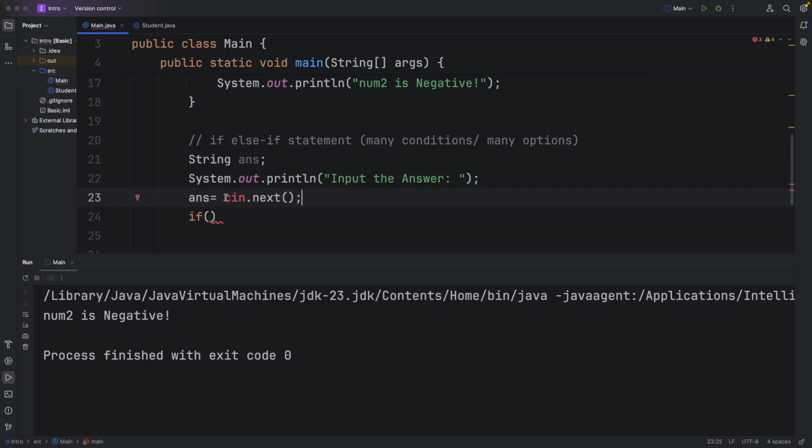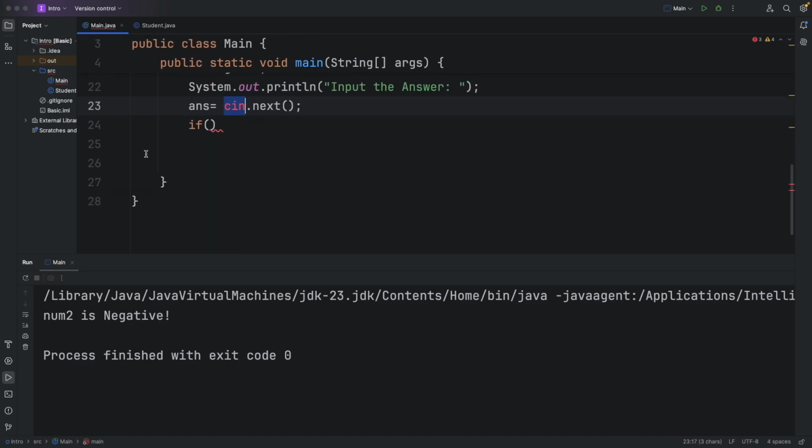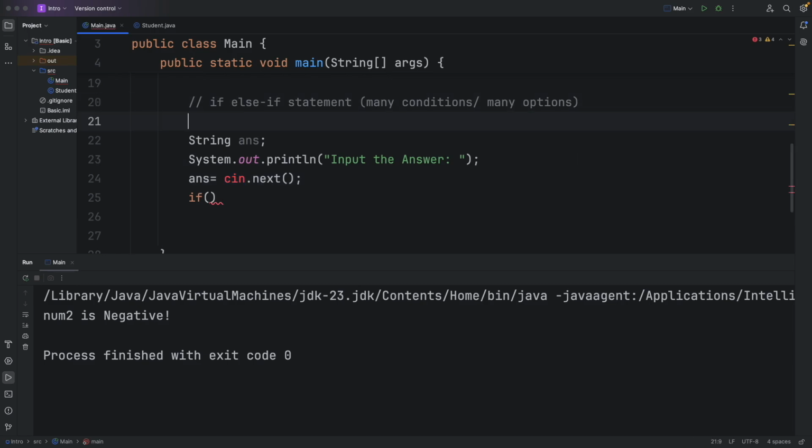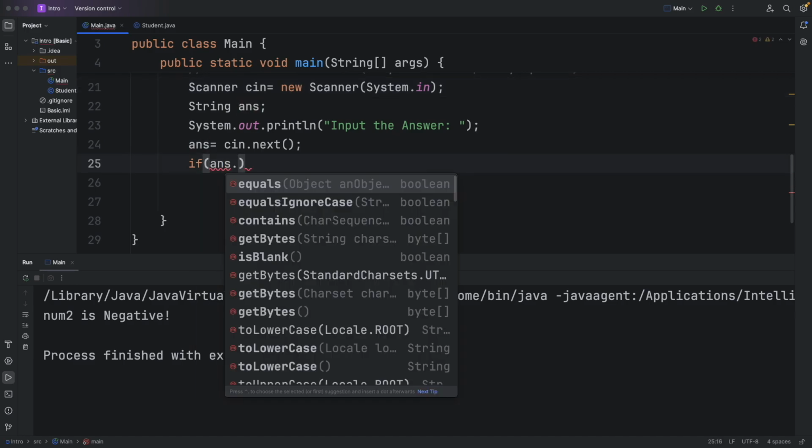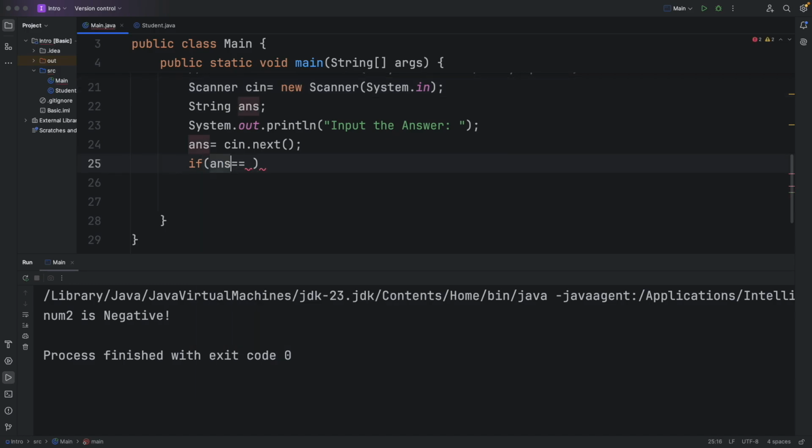Okay, why doesn't it recognize the cin? Because I didn't declare any cin here. I can declare it like Scanner cin = new Scanner(System.in), you can see like that. Okay, I'm gonna compare ans dot. We can use